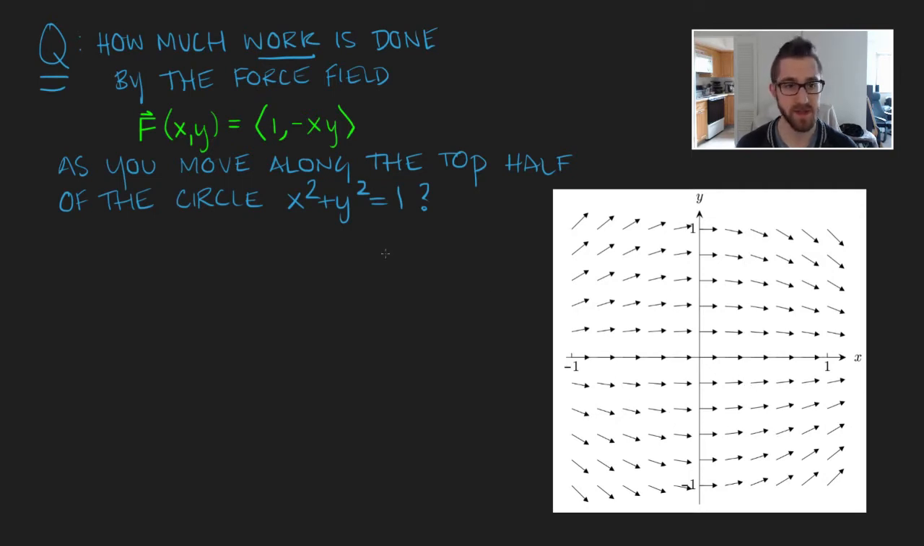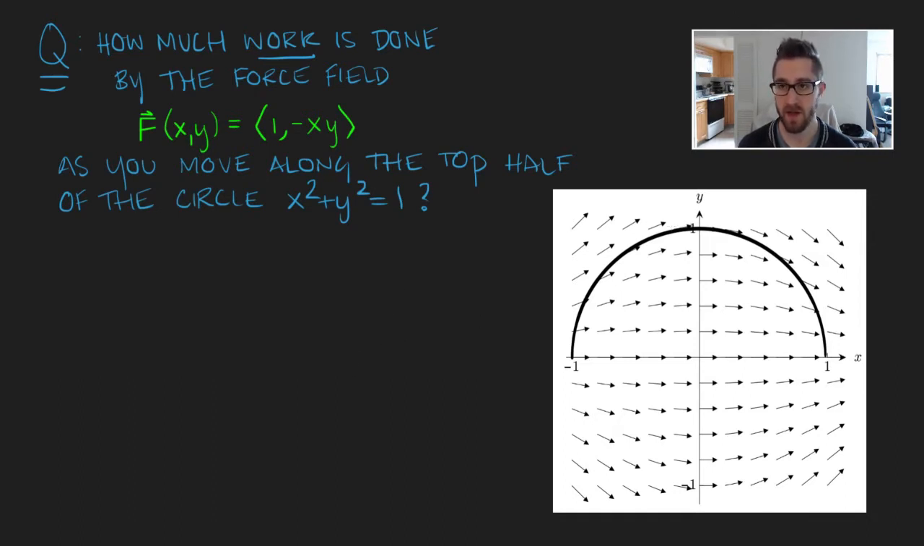We have a vector field. It's the vector field 1, comma, negative xy. It's the one that's shown in the picture here. And the question is, if this is a vector field describing a force, meaning that at every different point in the plane we're experiencing a different force based on what the value of the vector field is there, and we're moving along the top half of the circle of radius 1. So here's that. As we move along this circle, how much work is done by the force field described by